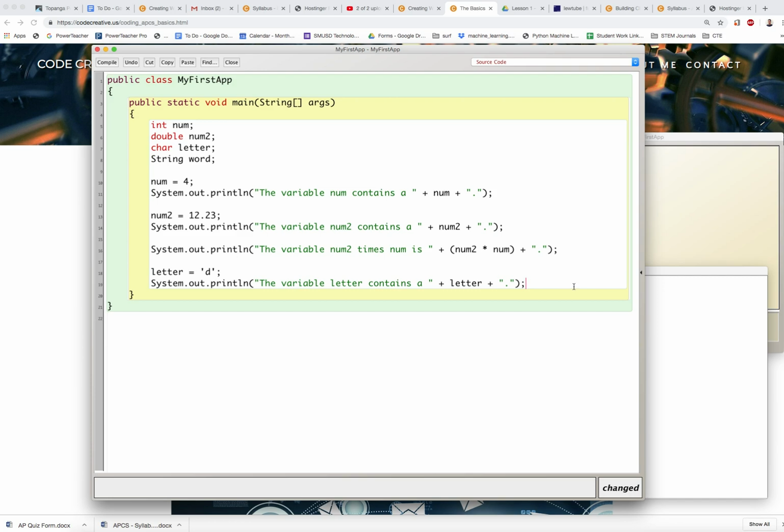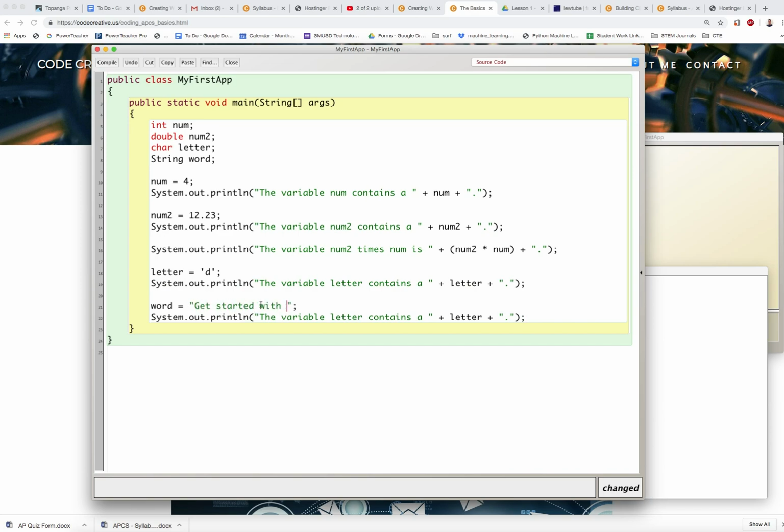Right? And so let's go ahead and come over here and let's say word is equal to, and here with strings you need to use double quotes, with chars you need to use single quotes, and I'm going to say hello world. Right? And here I'm just going to print out, or maybe I could, let's say, get started with problem set 1. Okay, and then in here I'm going to print out word,